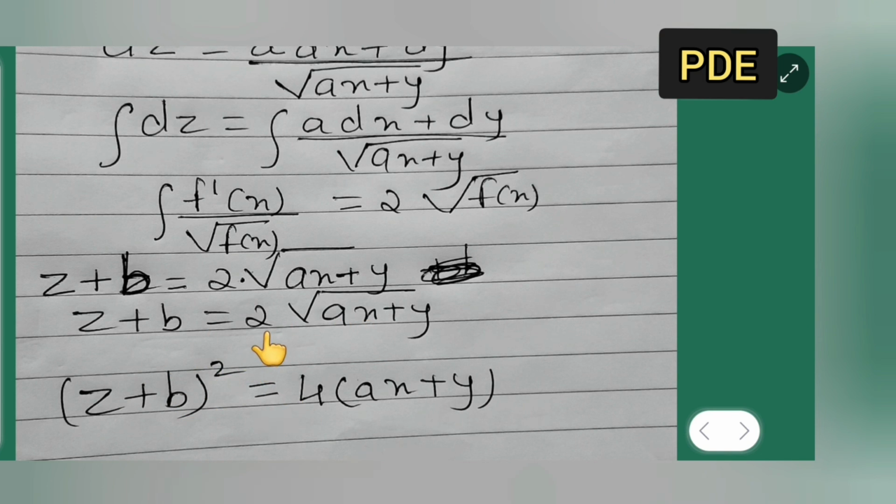Okay. Is equal to, if I square this 2, I will get 4. This square will get cancelled. Okay. See, square. Here also square and square. So square and this root will get cancelled. And this is your final answer. Okay. Z plus b the whole square is equal to 4 into ax plus y, sorry. I hope you all have understood today's lecture of Chaplin's method. I hope you all have understood it clearly and thanks for watching.